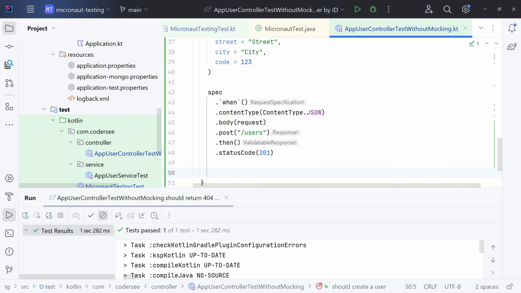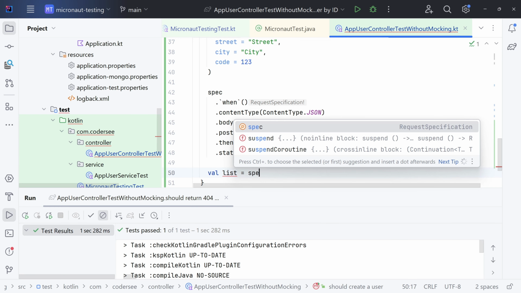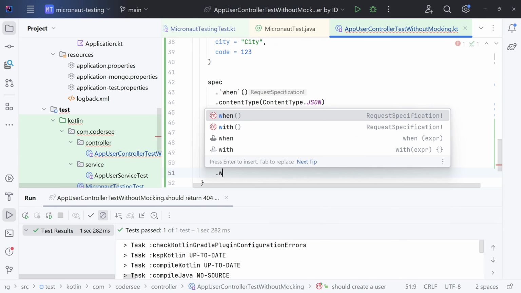Following, I would like to hit the user's endpoint, get the list, and verify that it contains exactly one element, and additionally extract the list. So I will show you how to convert the responses from REST assured to Kotlin objects. And this is a useful one. You will see how to do that with a list, which is slightly different. So val list equals spec when